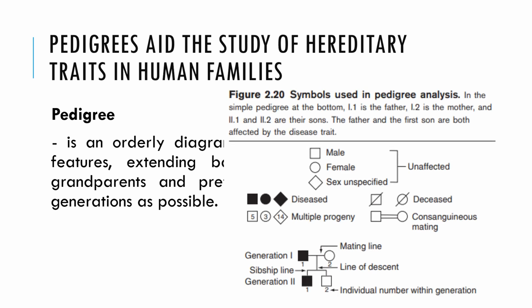Figure 2 shows how to interpret a family pedigree diagram. The square represents male, circles are females, diamonds indicate that sex is unspecified. Family members affected by the trait in question are indicated by a filled symbol. A single horizontal line connecting a male and female represents mating. A double connecting line designates consanguineous mating, which means a mating between relatives,